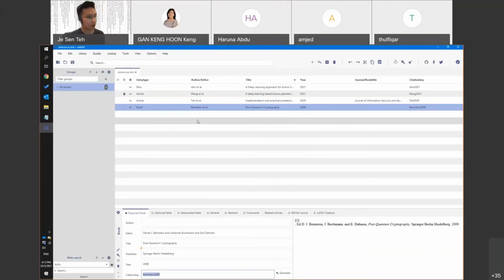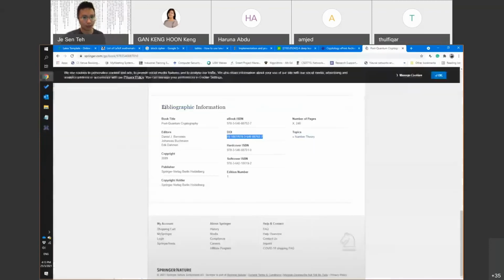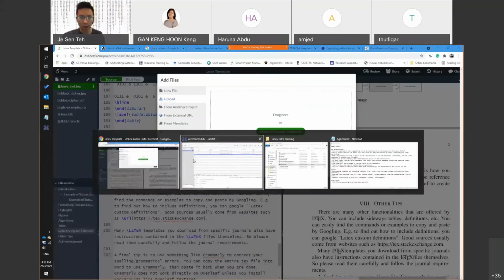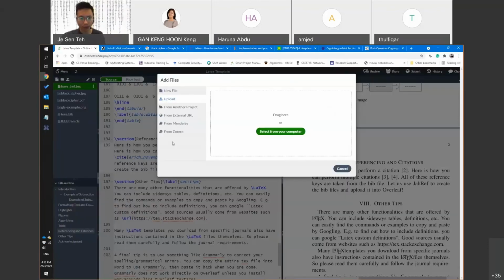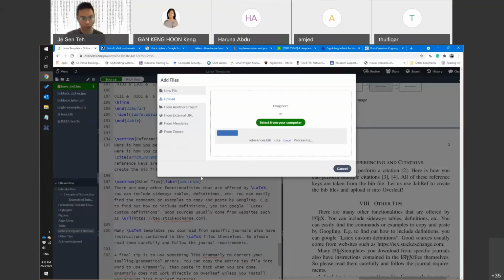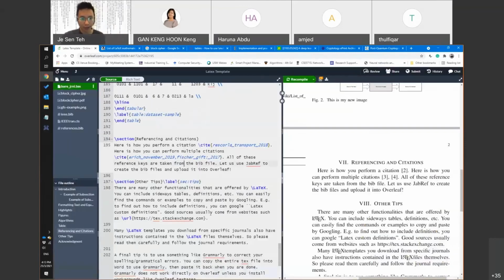Okay, so now what do we do with this? We are going to upload this bib file into our LaTeX project. So let's say this is our LaTeX project. We click upload. We are going to drag the references.bib into our LaTeX project. Okay, so right now, this LaTeX project is using